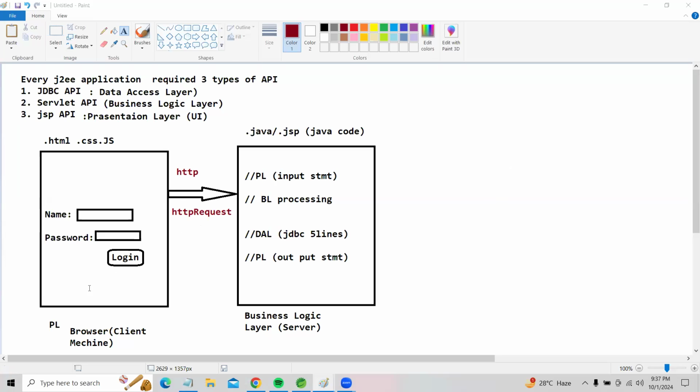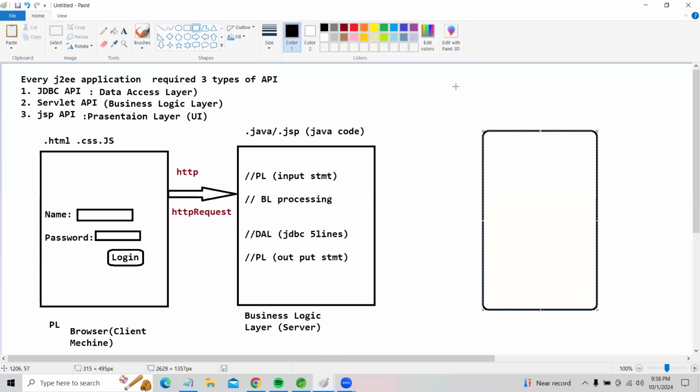Okay. Now, the presentation layer communicates with the business logic layer with the help of the HTTP protocol. I give user inputs, and once I click the button, I send a request with 2 values to the business logic layer. The business logic layer takes the 2 values and stores them in the input statement. After that, we perform some business code, and next some database activities. With the database, our business logic layer transfers our data to our data access layer, my friend.